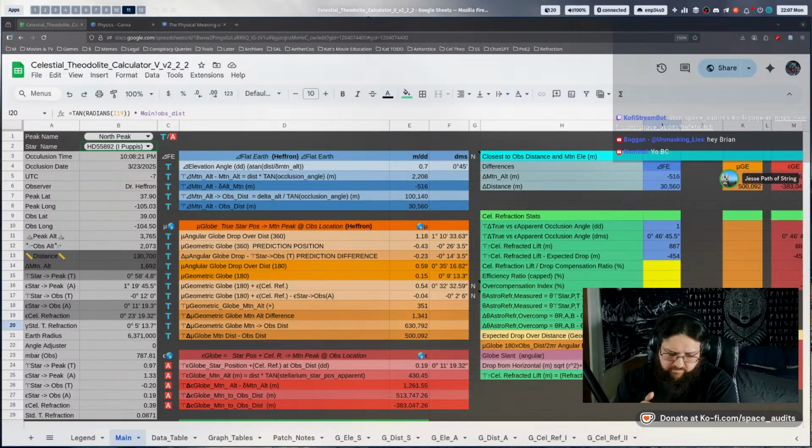No. Let's say I time an occlusion. I put Stellarium on the peak, set it to that time, set it to that star, turn atmosphere off on the peak in Stellarium. Right. Yep. Read the altitude angle. Is that the geometric elevation angle from me to that mountain? Or do I need to apply a refraction correction?